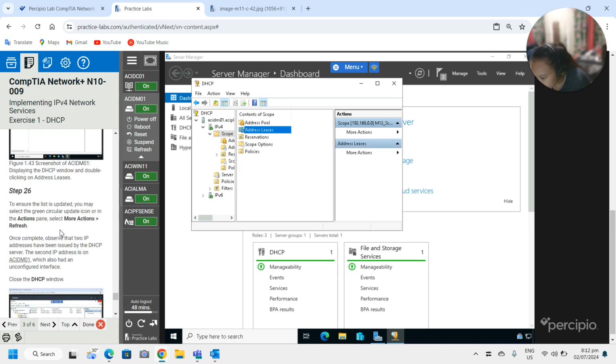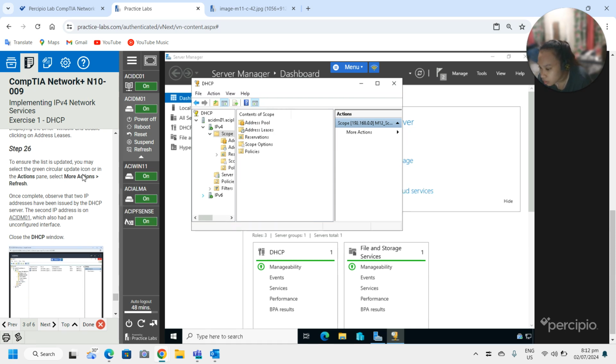So to ensure the list is updated, you may select the green circular update, or in the action pane, select more action, Refresh. Once complete, observe that the IP addresses have been issued by the DHCP server. The second IP address is also on the configured server.